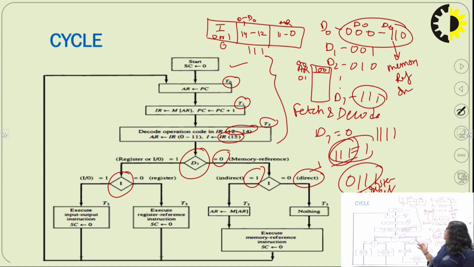That means 000 to 110 is present in the memory reference instruction, but it is also divided into 2 parts with respect to the ith bit. When the ith bit is 0, it is direct memory reference. When the ith bit is 1, it is the indirect memory reference instruction. Now the direct memory address and the indirect memory address instruction are completely done in the